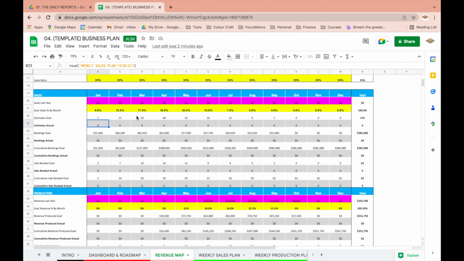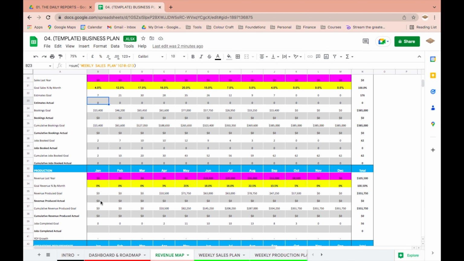Down here is the production plan. When we book jobs, we collect deposits, but we don't produce jobs at the same time that we booked them. So there is a seasonality to the business in terms of when our sales season and our production season are. So if you look here at the production, we actually don't start, typically, in most markets. I tend to start in March, mid-March often, but most of the time you're going to start production in April.